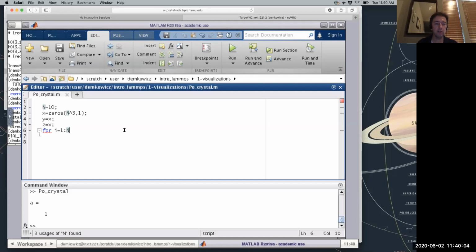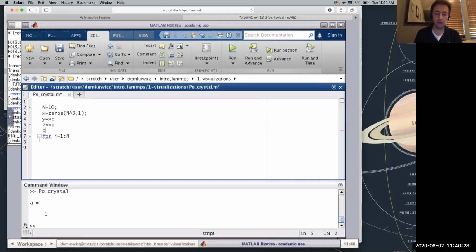basically create a crystal structure by defining the x, y, and z coordinates in the unit cube, right? So there's going to be 10 unit cells along the x direction, 10 unit cells along the y direction, 10 unit cells along the z direction. So in this first loop, I'm just going to choose one of the coordinates to define, okay? And let me do one more thing here, actually. I'm going to define for myself a counter. This is just going to be a counter variable.